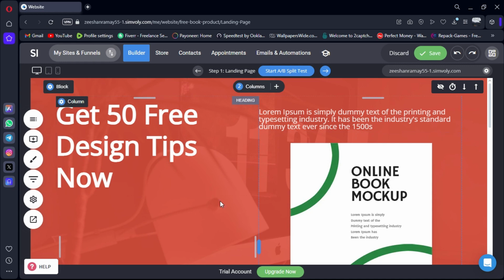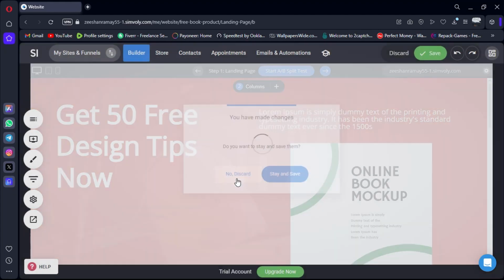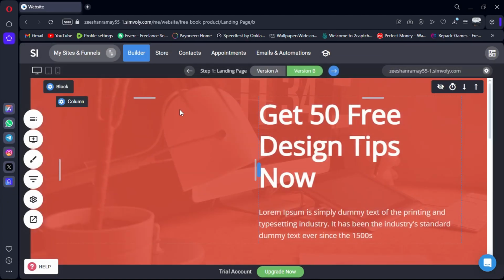And don't forget about A/B testing. With Simvoly, you can easily create different versions of your pages to see which performs best, helping you optimize your funnel for maximum conversions. Once everything is set up, you can preview your funnel to see how it looks from